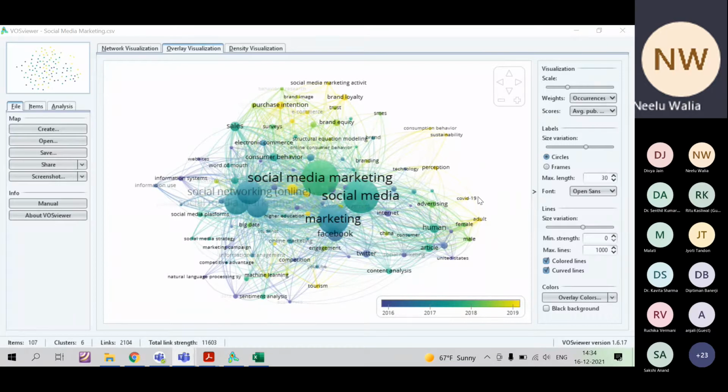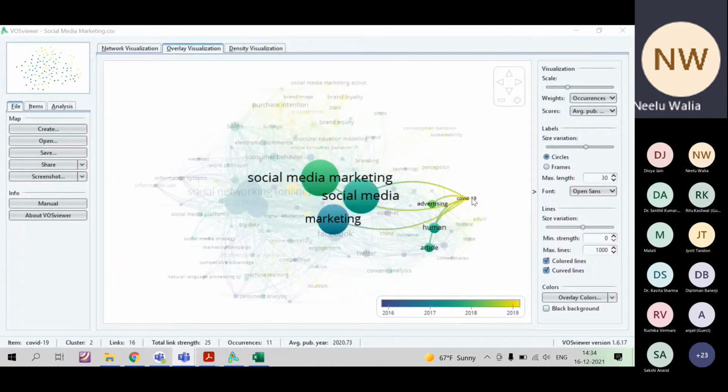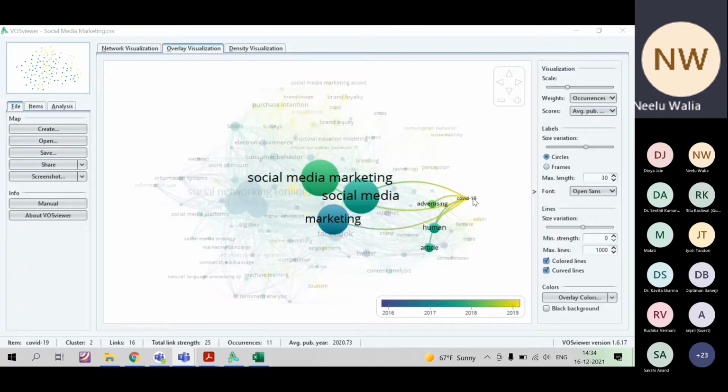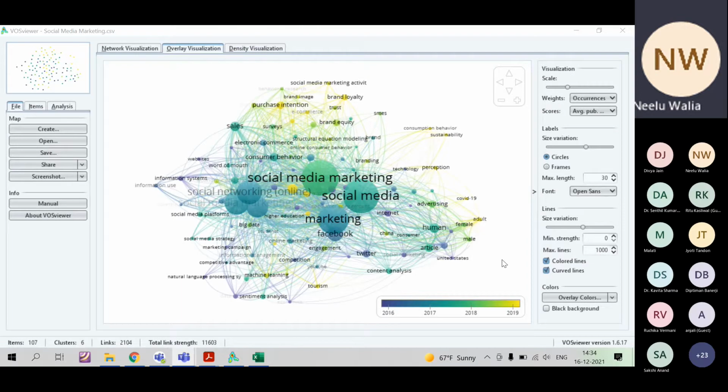Say in 2019 COVID came, so people are writing papers using COVID also. Now different variants of COVID are also coming. So that also you can correlate and you can suggest to future scholars to write papers in a particular domain. So it is your analysis, and from all these views you should suggest that future research can be conducted in this area.